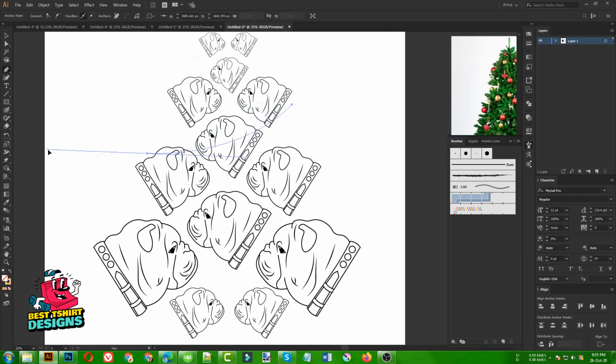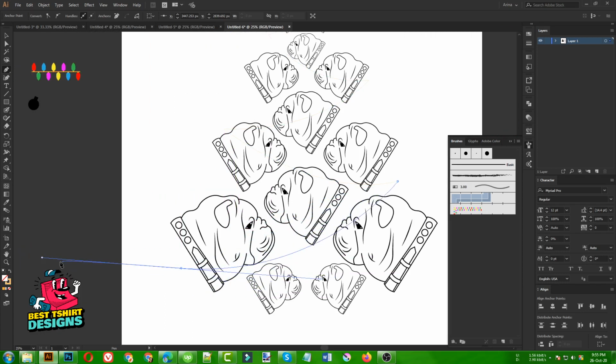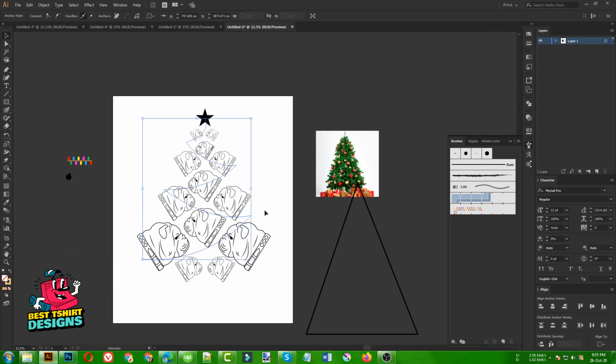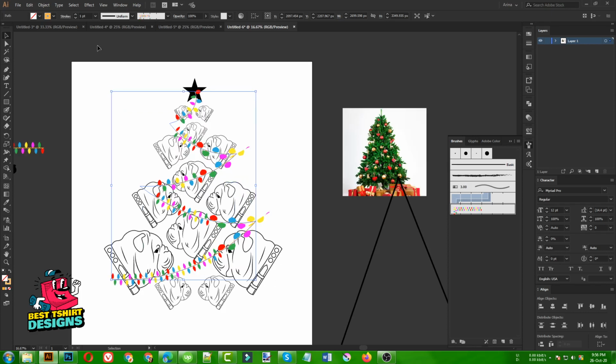Then in this part, maybe this one, again end it just like this. Then I need to bring it in this area, just like this. Once that is done, press ESC to stop the line, then it is the line. Then if I click here, it will become that shape.